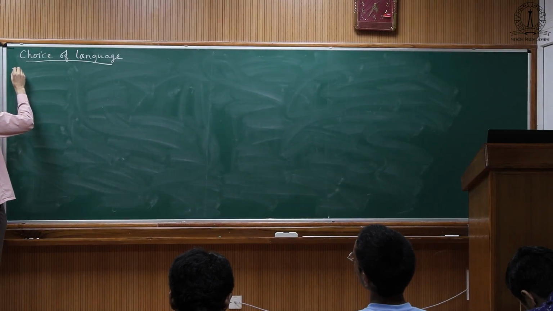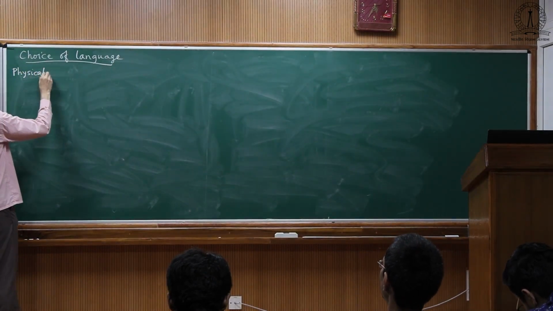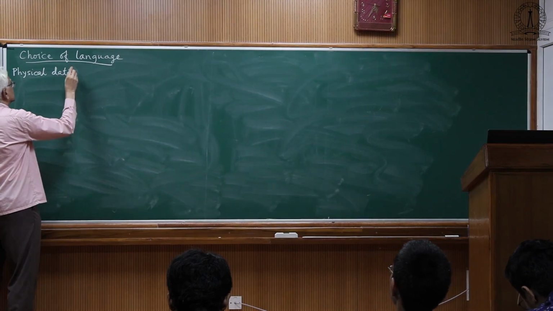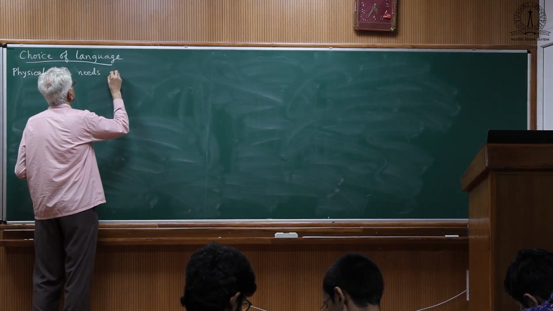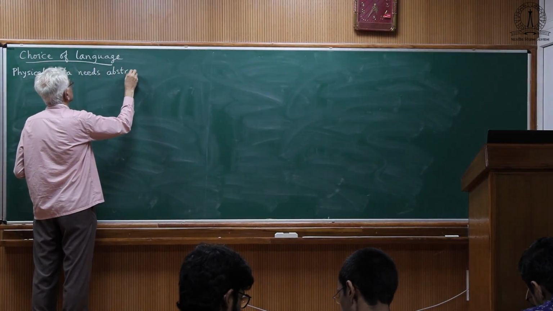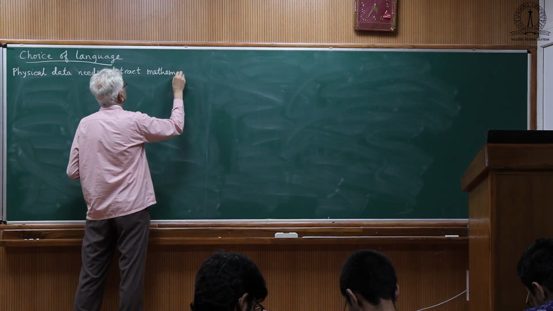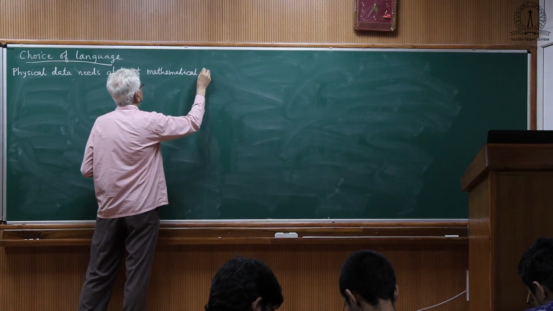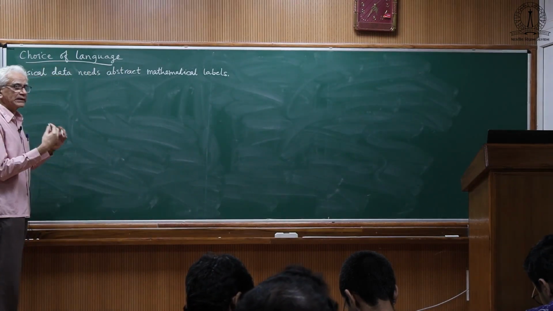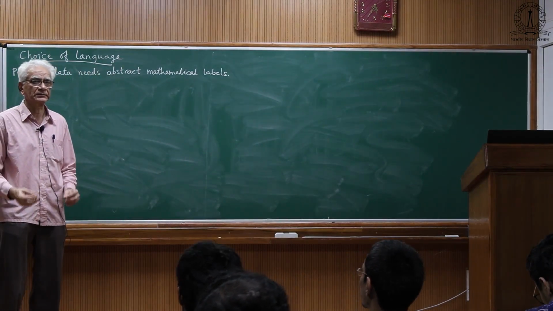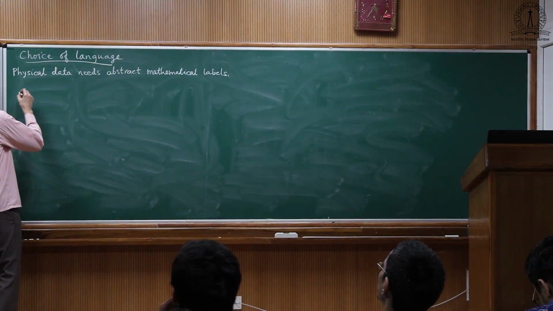Well, it's a map, from physical to mathematical. This is what I described in the previous lecture, that you need to do this. How this is done inherently depends on